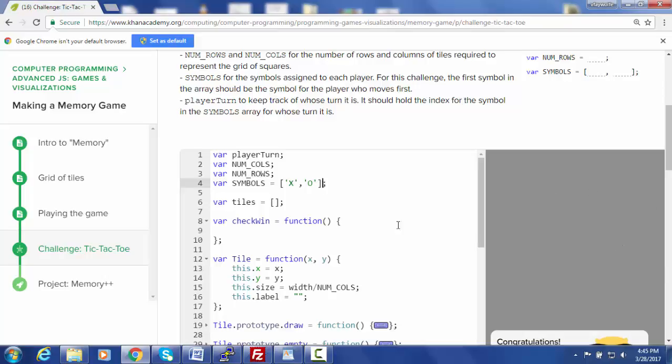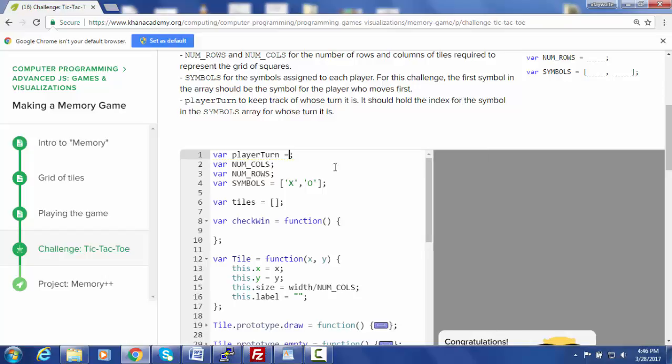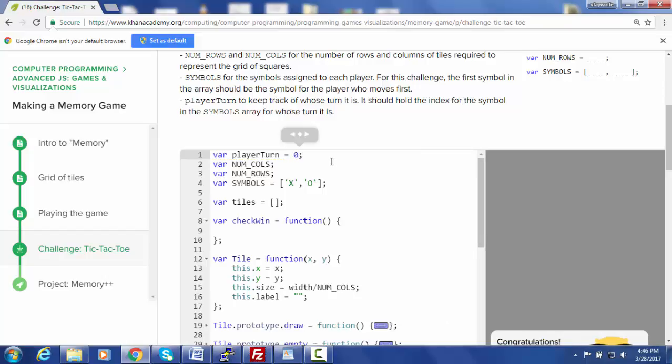And those are going to be the symbols that go in the squares once we have the code drawing the squares. So what player turn is, it is going to be a global variable that keeps track whether it's X's turn to go or O's turn to go. So player turn is going to be an integer. It's going to be either 0 or 1. Why 0 or 1? Because it's going to be used to index this symbols array. If it's 0, then X will be going on the screen, and if it's 1, then the O will be going on the screen. So I'm going to set player turn initially to be 0,